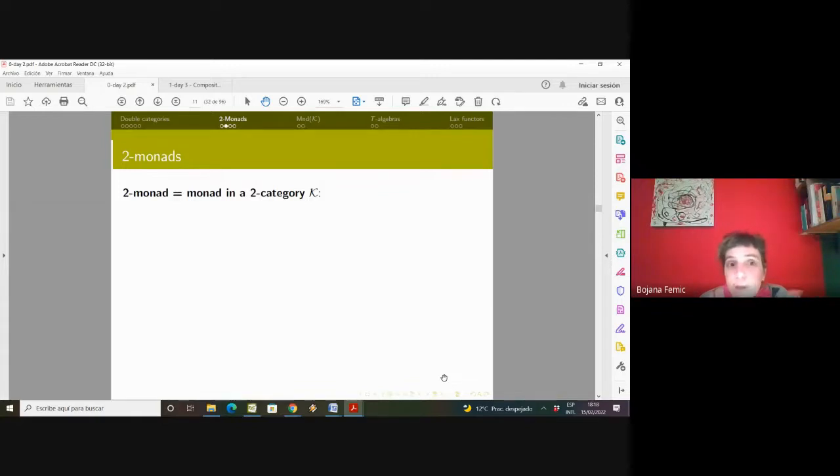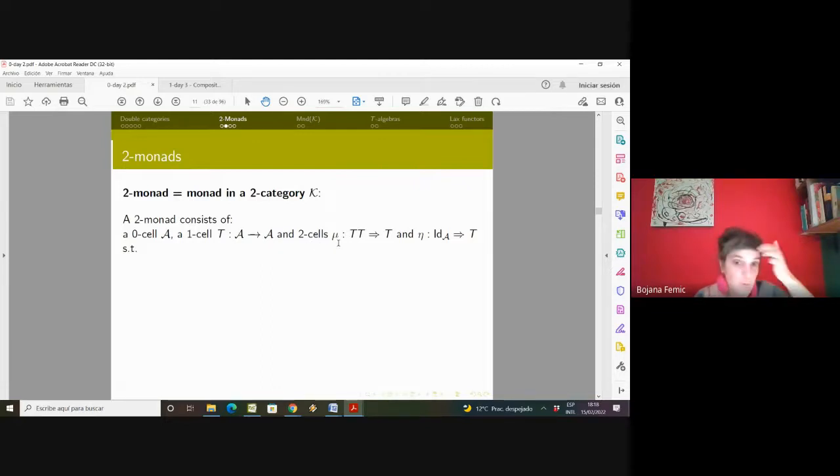And now, well, I just wanted to recall this in order to facilitate understanding of 2-categorical monads. So 2-monads are monads in 2-categories. A 2-monad consists of, firstly, I take a zero cell A, then a one cell T, which acts from A to A, and finally two cells. One is mu from TT to T, and another one is zeta from the identity of the zero cell A to T. And observe that I use this different arrow since I'm denoting two cells, and they are not anymore just functors composing,